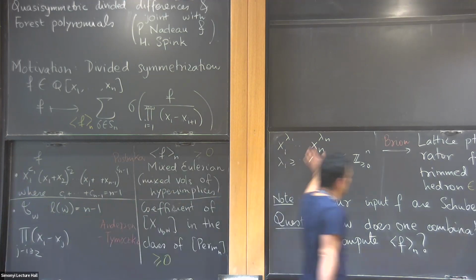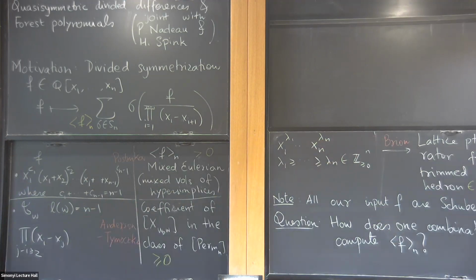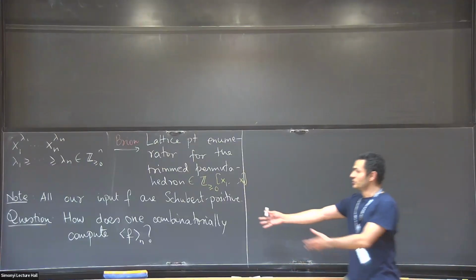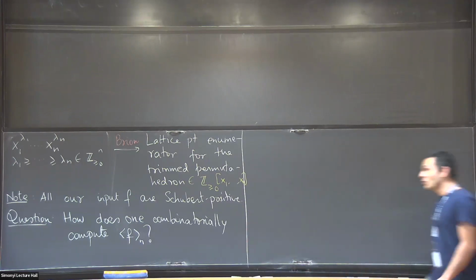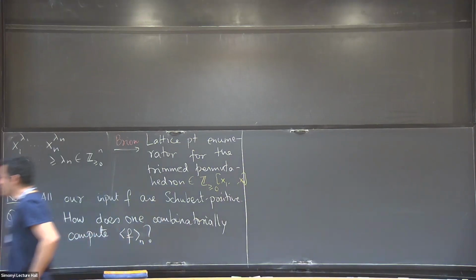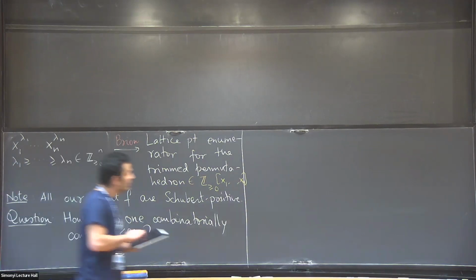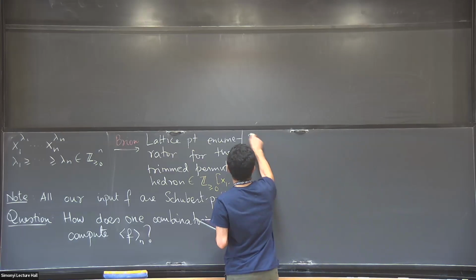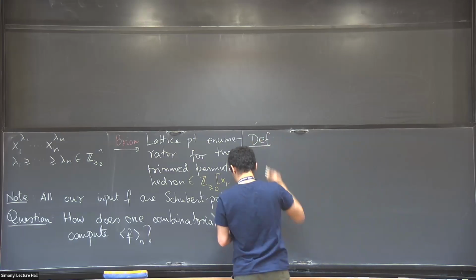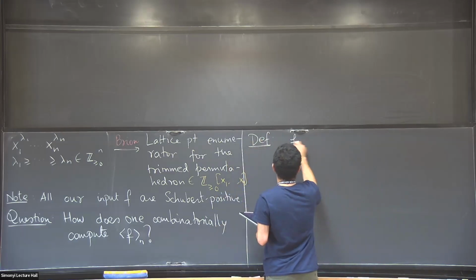Okay, so all right. Let me give you two answers to this. One not very satisfactory, and the other one hopefully quite satisfactory. The first one involves quasisymmetric polynomials. Let me introduce them in lemma-definition style. So here's a definition of what it means to be quasisymmetric. So if you hand me a polynomial,